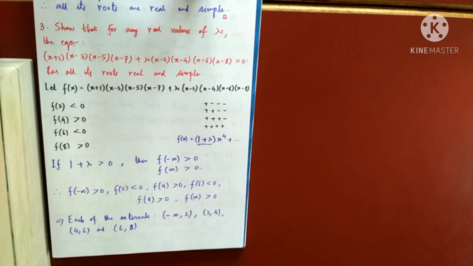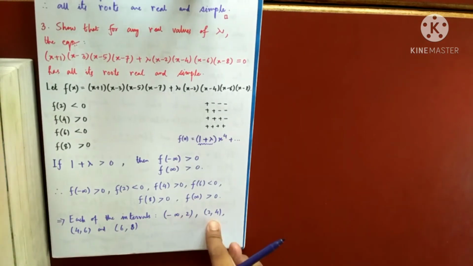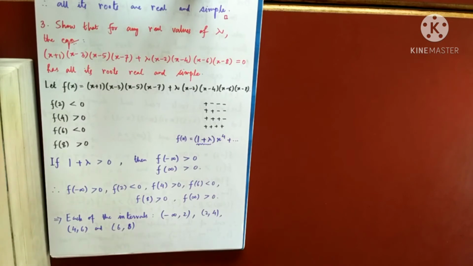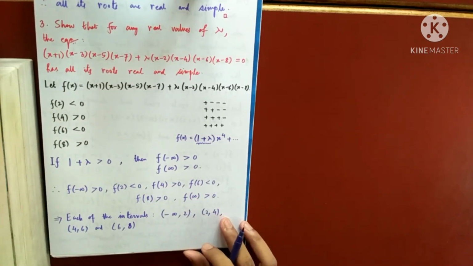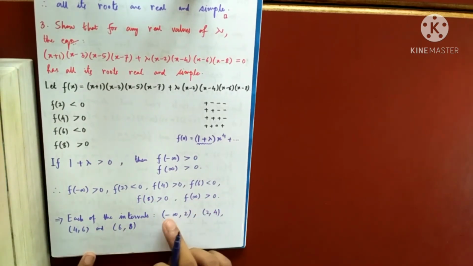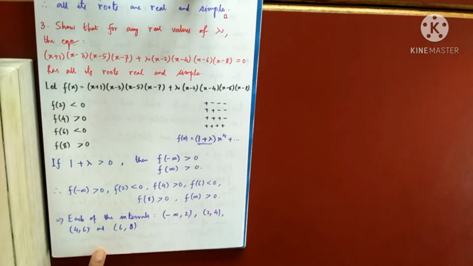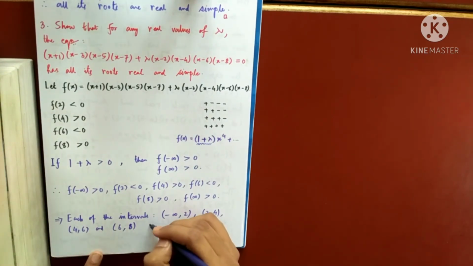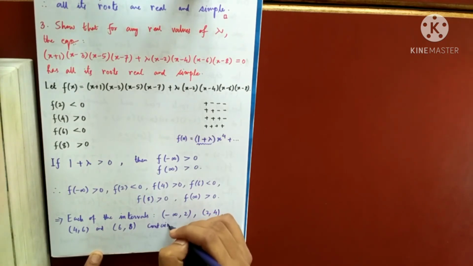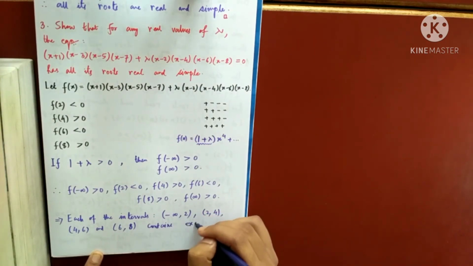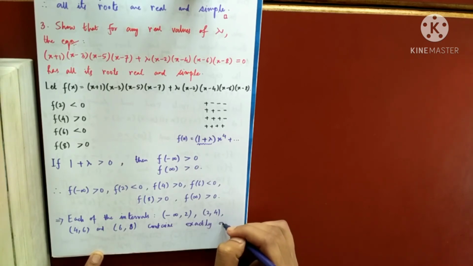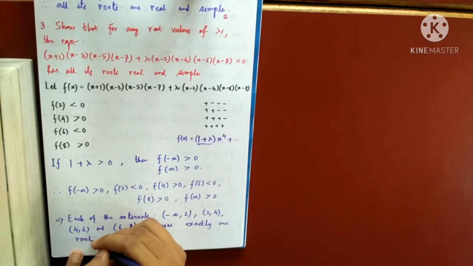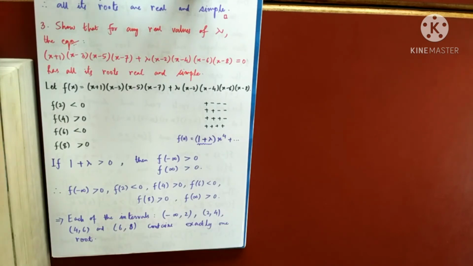So you know, by the theorem, there may be an even number of roots or there may not be. So I am not interested there, by the way. I have already got 4 intervals containing 4 roots, and I can now guarantee that there is no root between 8 and infinity. So we are not considering this. So each of these intervals contains, I'll now simply write, exactly 1 root. Now you know the reason why. Because each contains at least 1 root, but the degree is 4. So hence it contains exactly 1 root.